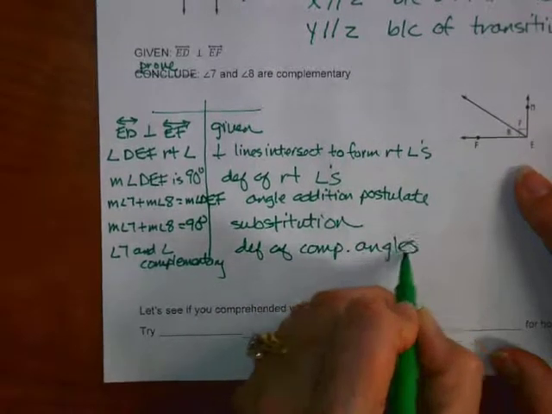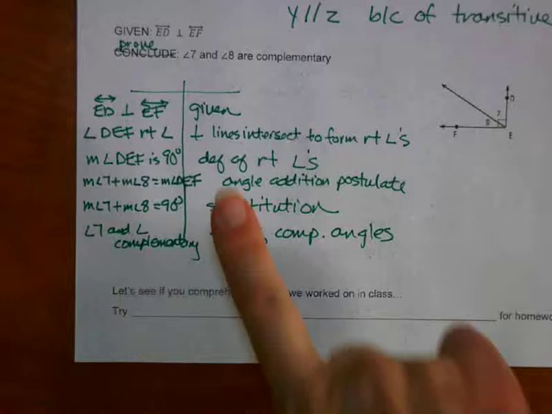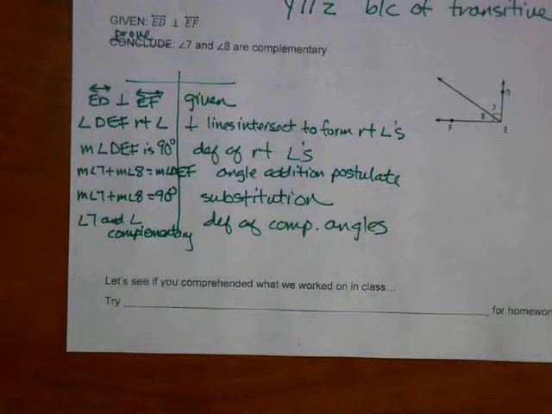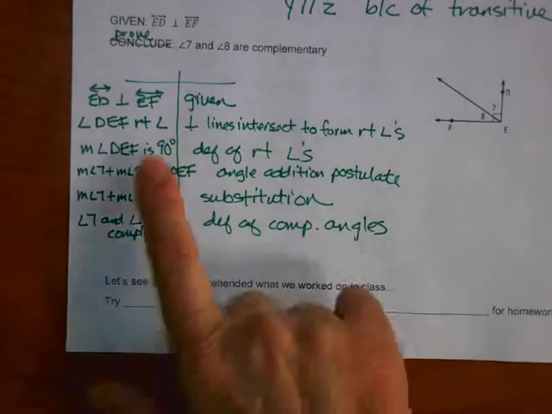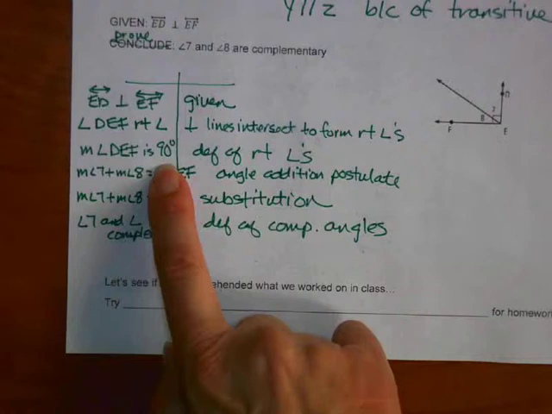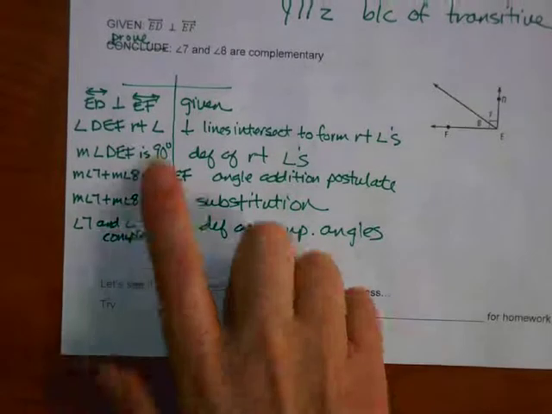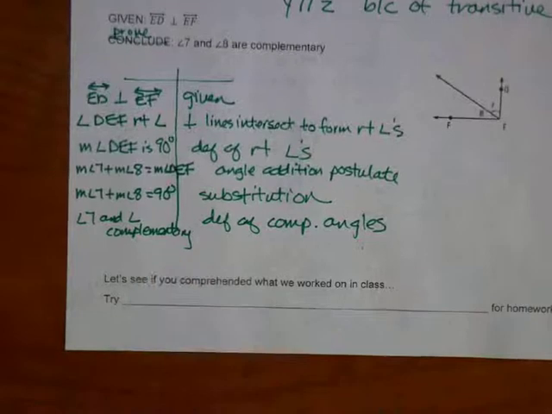Let's go through this thought process one more time before I let you go. First we wrote the given. If that statement is true, then that forms a right angle. Then I know I have to somehow say that the two angles add to 90, so I say that the measure of that right angle is 90. Then the two angles add together to equal that big angle because of the angle addition postulate. Then they add together to equal 90 degrees by substitution. Then I could say they're complementary. I know I did it in this form. I probably would have you write it out otherwise, but